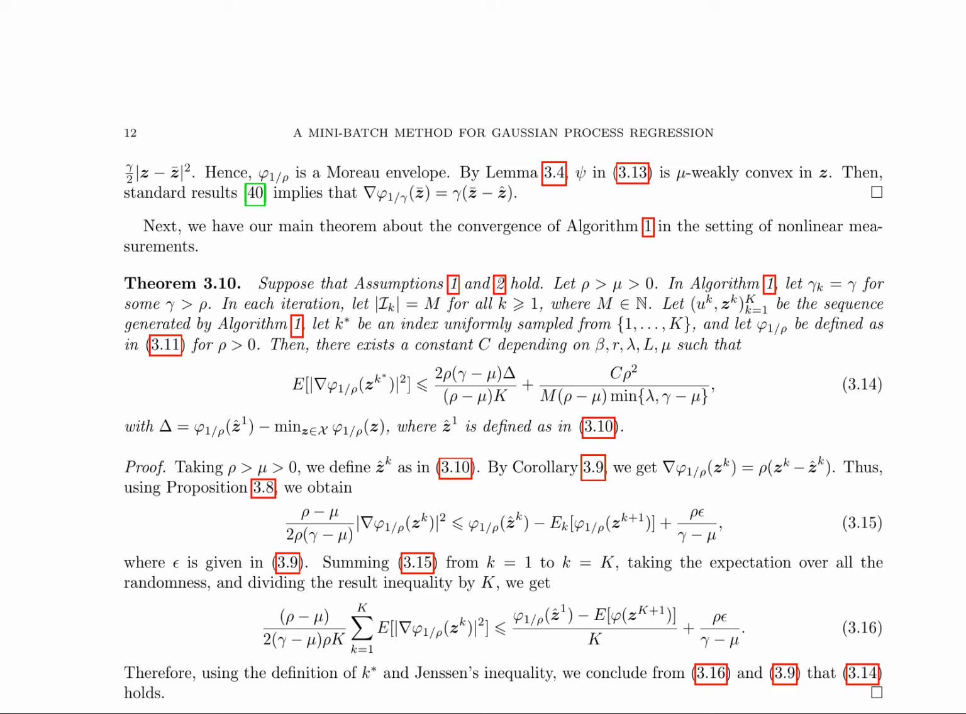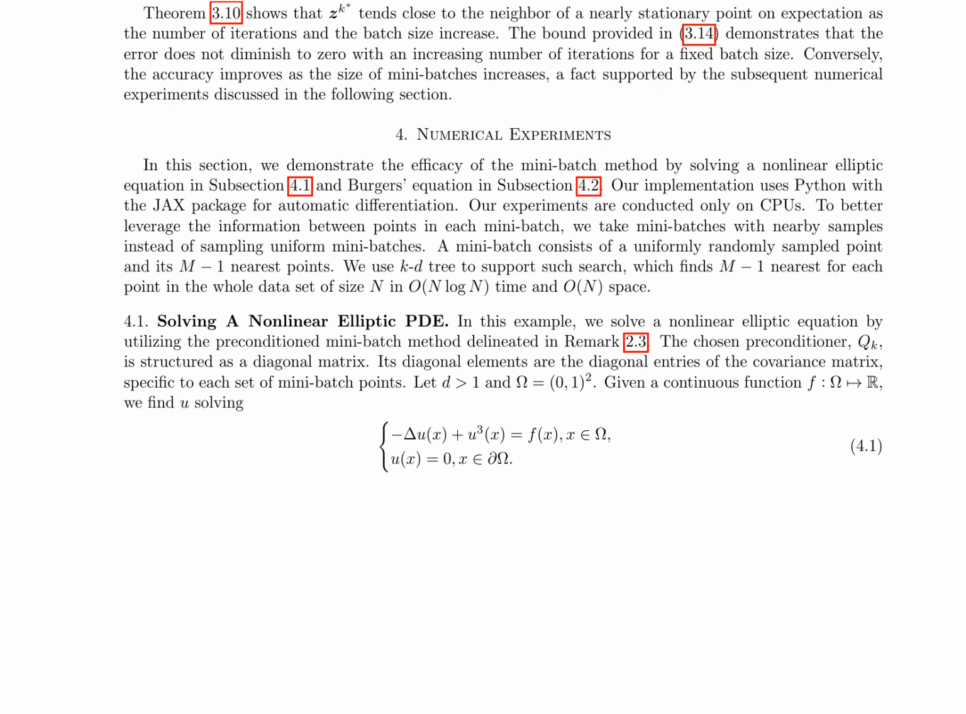The bound in equation 3.14 demonstrates that the error does not diminish to zero with an increasing number of iterations for a fixed batch size, but rather improves as the size of mini-batches increases. This result has significant implications for the practical application of Gaussian process regression, particularly in situations where computational efficiency is crucial. The authors then proceed to discuss the numerical experiments in the next section, which aim to demonstrate the efficacy